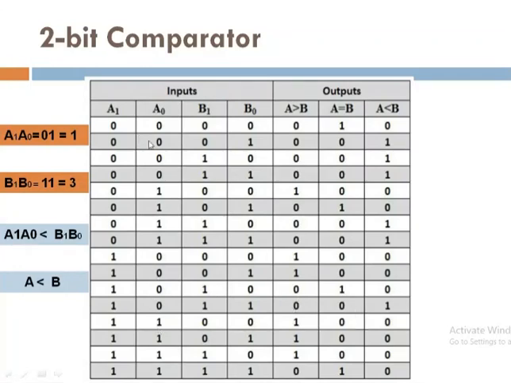In this way, you have to consider these two columns and convert the binary form into decimal easily. How many decimal values are there for 2 bits? Either 0, 1, 2 or 3. So you can easily compare and just write down the output part. In this way, you have to complete your truth table. Now suppose the second last case, 1, 1, that is 3, and 1, 0, which is 2. So here we can say A is greater than B. So this output line will be high, and the remaining 2 will be 0. In this way, you have to complete your 2-bit comparator table. Just apply this logic, so it is easy for you to calculate the output parts.